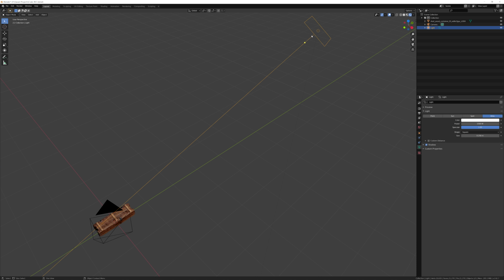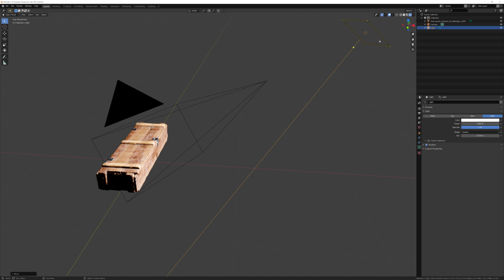But one neat trick I want to show you is to make sure that this lamp is always pointing to the center of our asset. So the quickest way to do that is set up a constraint for this lamp. With the lamp selected, I'm going to go over here and select the tab that's right above the lamp icon. So if we click the open constraint properties, then what we need to do is specify what kind of constraint that we want.